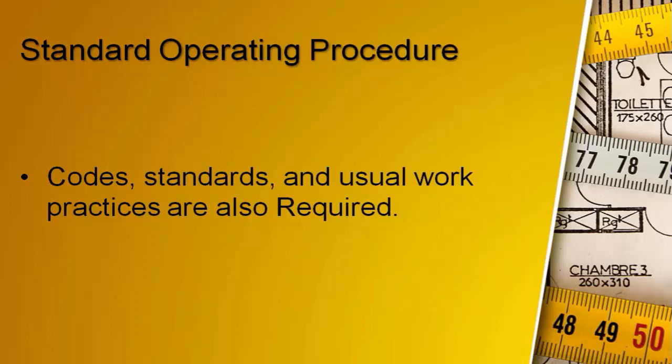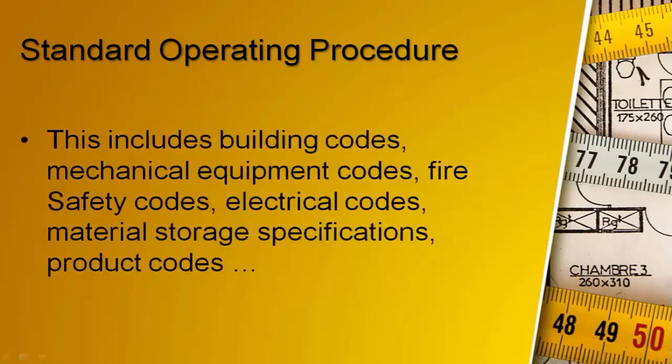A standard operating procedure could include codes, standards, and the work practices that are required to be followed. It could include a building code, on how a building is required to be constructed, a mechanical equipment code, on how equipment should be placed, at what levels, at what load, at what capacity, and the fire safety code, fire safety guidelines, so that there is no